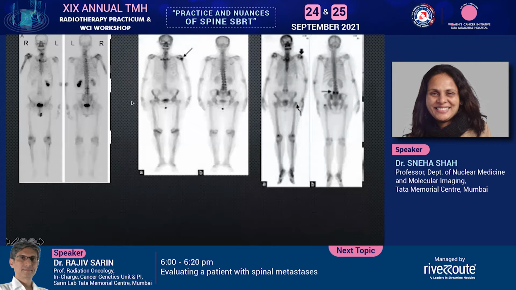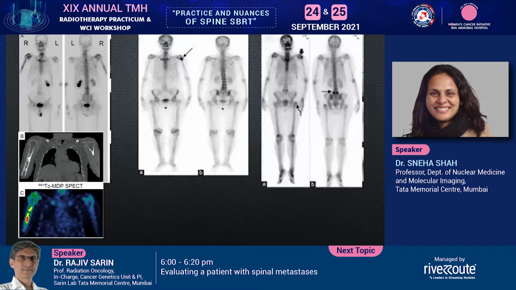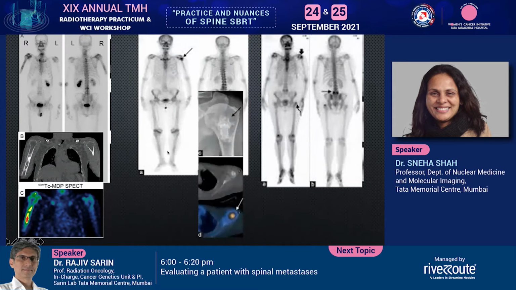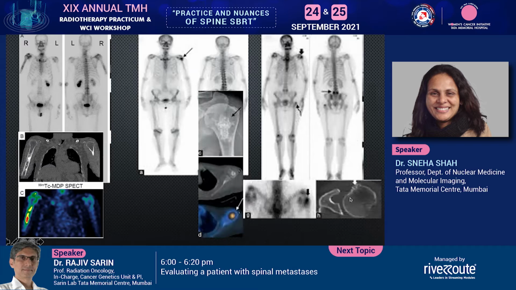Let's look at this panel of pictures where you see abnormal uptake in the humerus of all the three patients shown over here. It is very difficult, although you can read the pattern and try to identify what this uptake could be, unless you have additional imaging. In this patient, you see that there's an infiltrative lesion seen on the X-ray component. Here you see that there's an enchondroma in the head of the humerus which is showing uptake, whereas this uptake is because of a degenerative change in the head of the humerus.